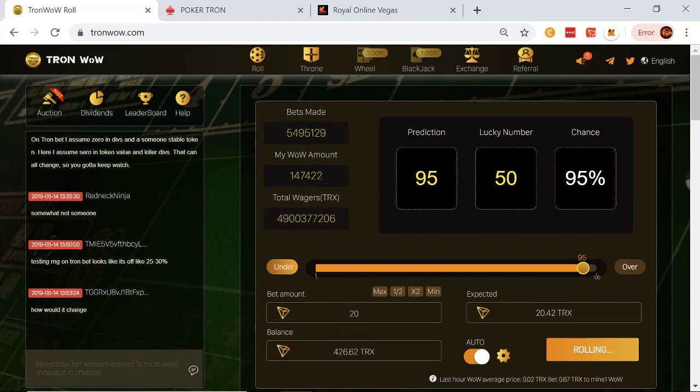Now, here's the thing. The key to this strategy is you can't martingale too high for your bankroll. And the bigger your bankroll is, the better off you're going to be. Earlier, I went in too deep. I didn't do my math properly, and I kind of martingaled too high. I started out with 800 Tron that I got from Divs this morning. I ran it up to about 11 or 1200 Tron, and I got about 20,000 tokens for doing that. But then I just basically martingaled too high.